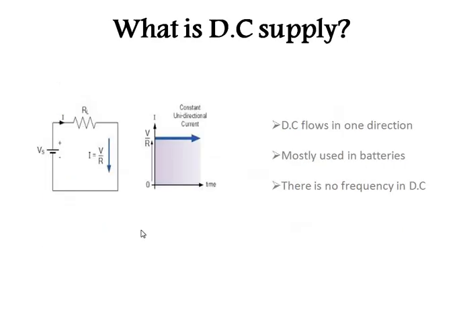Next we will see what is DC supply. This is a circuit diagram where the voltage supply is given as a DC source, positive and negative. Current I is flowing, a resistive load is given to the supply. So I becomes V by R. We can see a graph of current, that it is a unidirectional and constant current. So the name DC current, direct current. So you can say DC current is a unidirectional or direct current that flows only in one direction, and hence it is called unidirectional current.